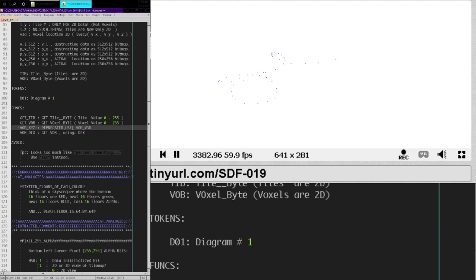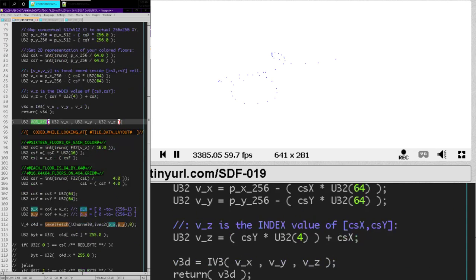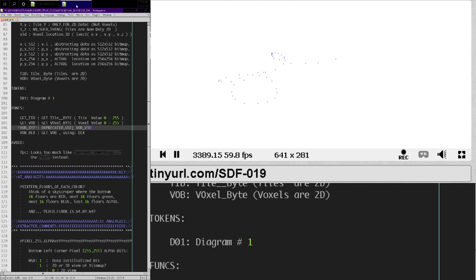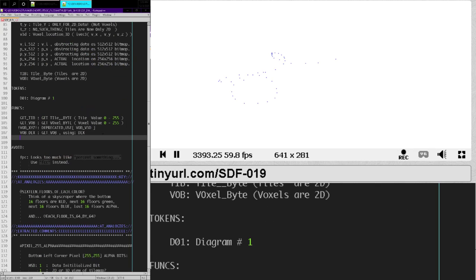So I think we called it v3d, right? Yeah, v3d. Okay, so vob v3d, using